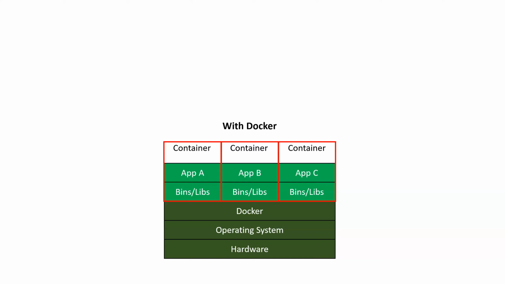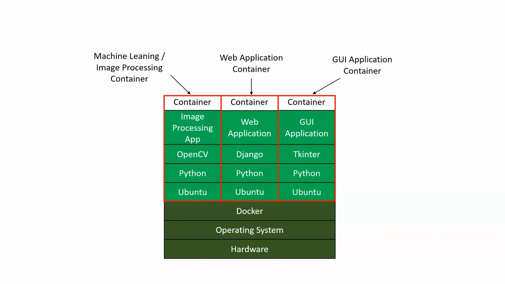Instead of being broad and just saying libraries, binaries, and dependencies, let's give an actual example. Let's say there are 3 different containers that are being developed. A container that is responsible for performing image processing via some camera over Ethernet, another container that is a web application, and a third container that is a graphic user interface, or GUI. Notice how the libraries and binaries include things like Ubuntu, Python, OpenCV, and so on. These are the types of things that you'll be including in your containers so that your application will be able